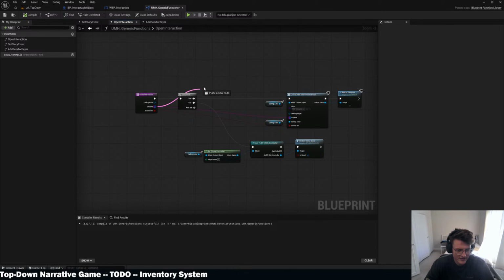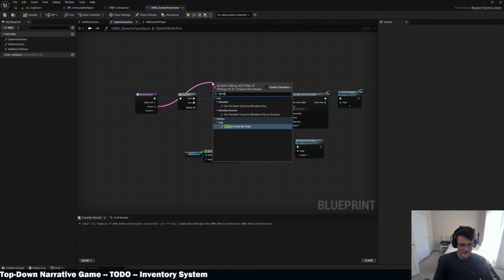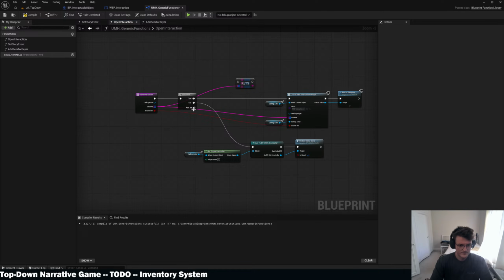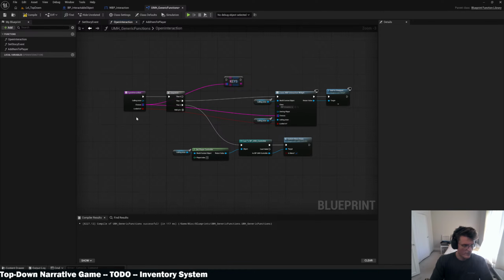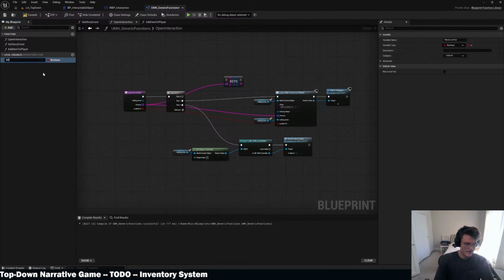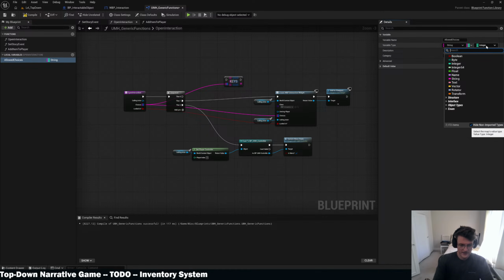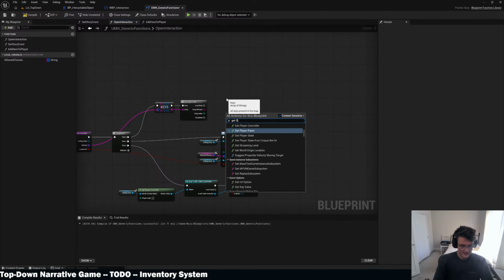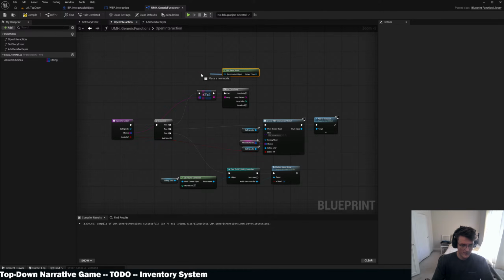So maybe we just for each of the, get keys, and we'll create a local variable called allowed choices, which will be a string map with a choice struct, and we'll say allowed choices actually goes in here, and we'll do a quick for each loop and go to our get game mode from our calling actor,